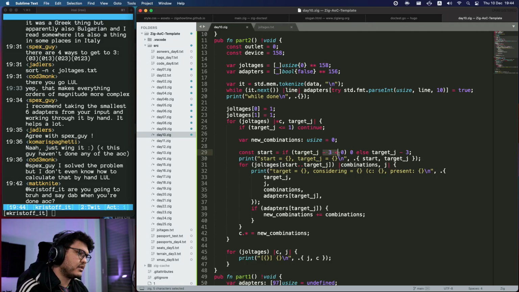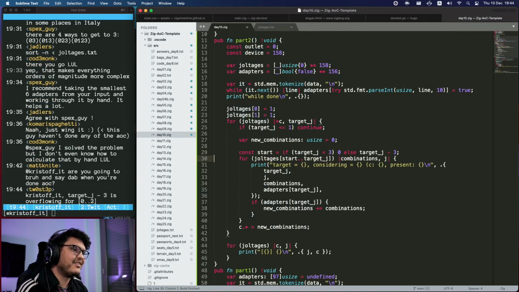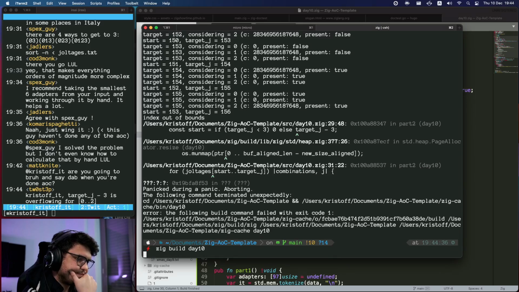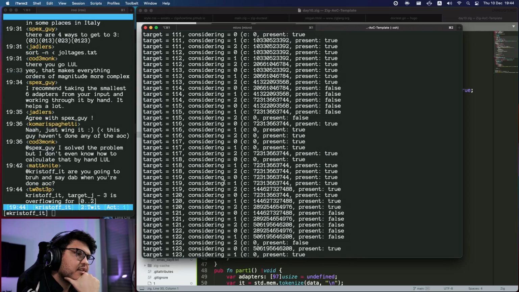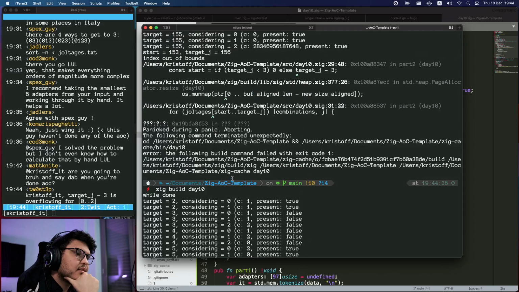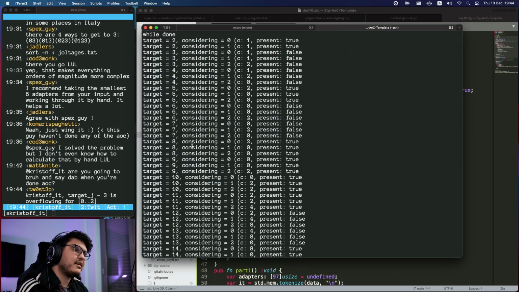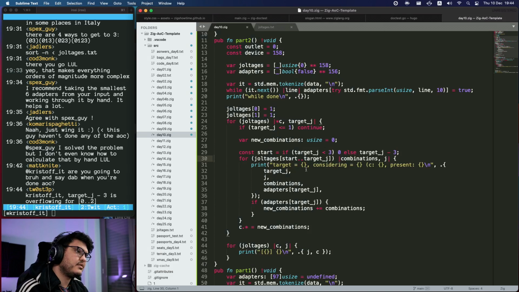Okay, you know what? If target j is lower than 3. Oh god. Okay. So let's see. The numbers are still kind of crazy. Also, this is lying a little bit now, because it's considering count present. So we are considering